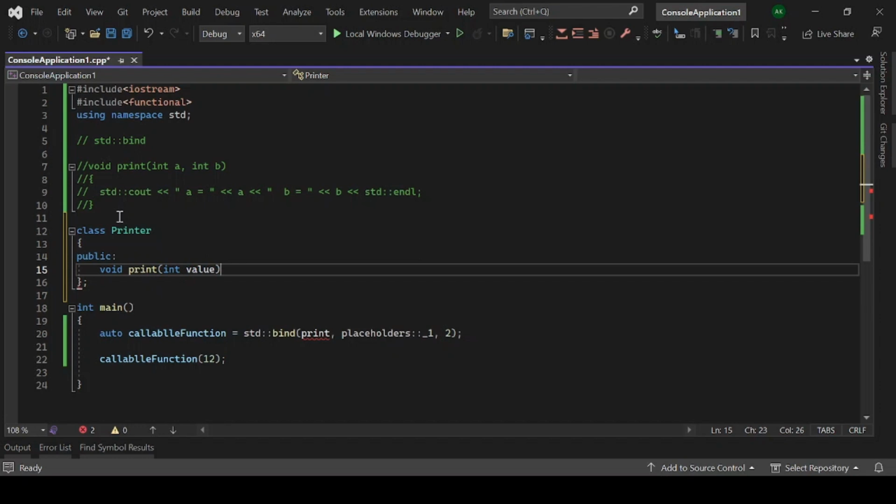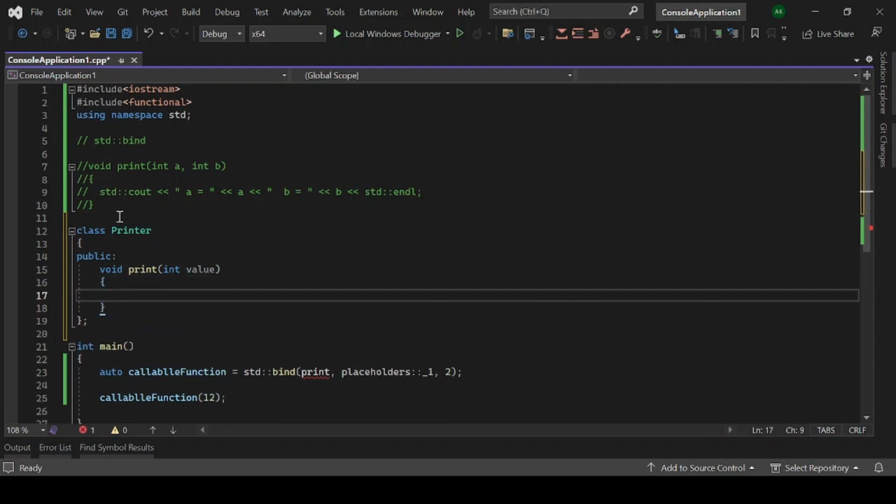Okay, and then after doing this one I'm just printing std out that, and then I am printing that value. So this is the place where I am printing,